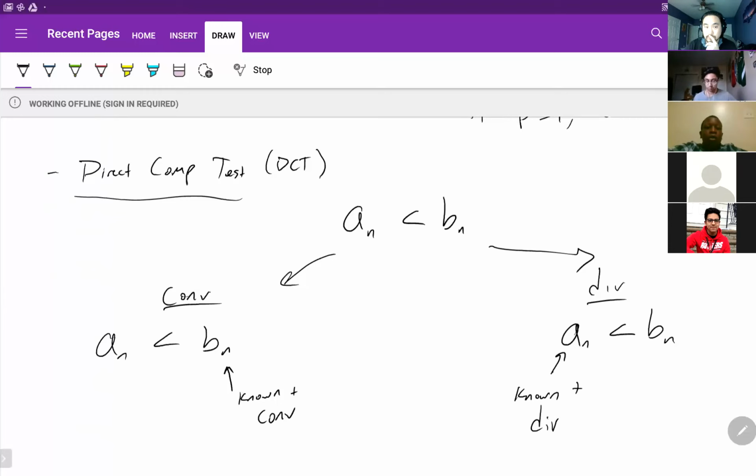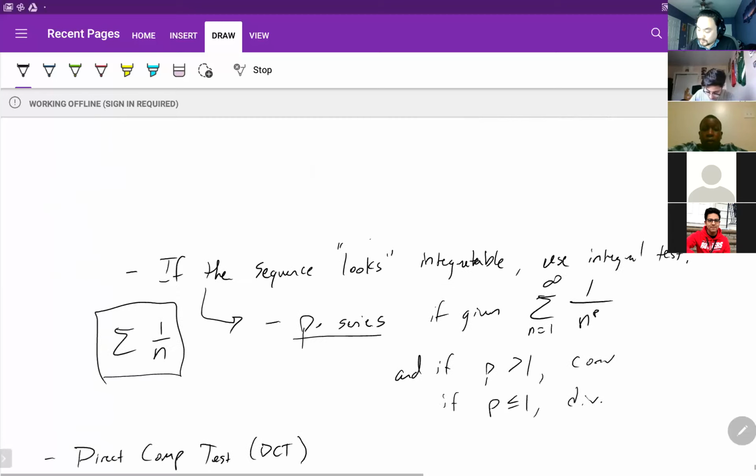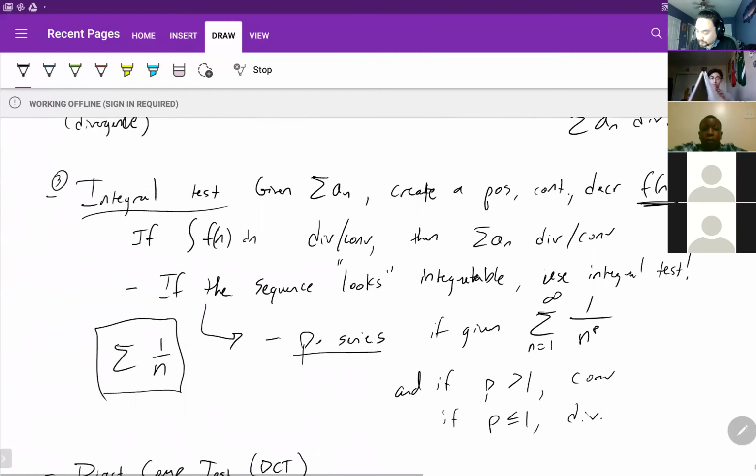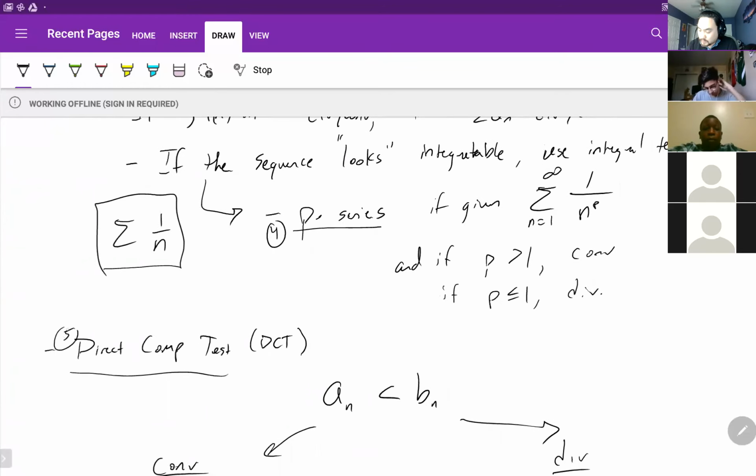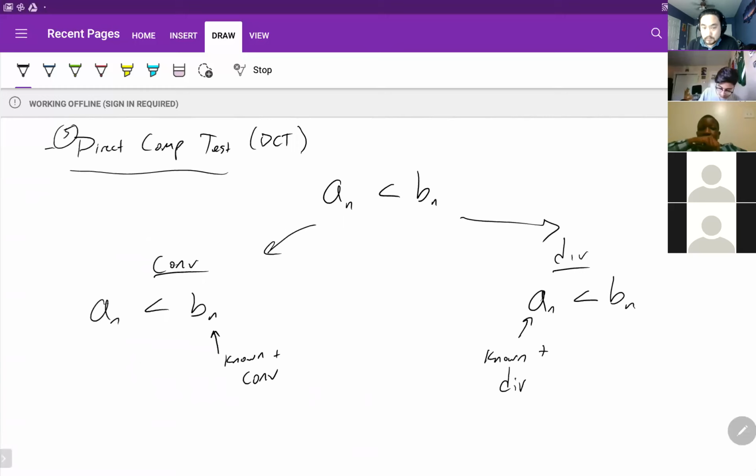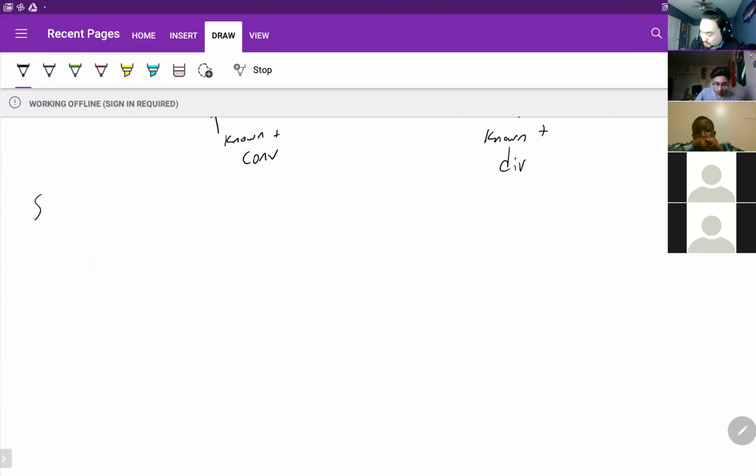I understand. Okay. This is going to be important for today too, because we're going to talk about the LCT. So 1, 2, 3, 4, 5, we have the LCT to do, so that's 6. We have the alternating series test, 7, and the ratio test, 8. So for quiz 3, you are going to be required to know all 8 tests, and then some extra stuff that we're going to get to. So let's get started with today's stuff.